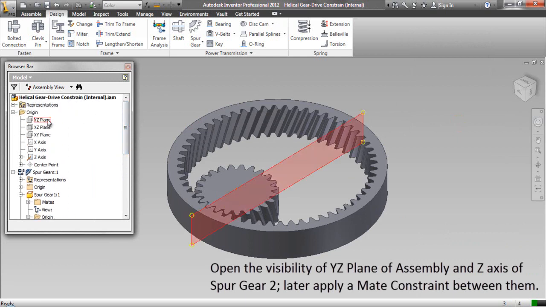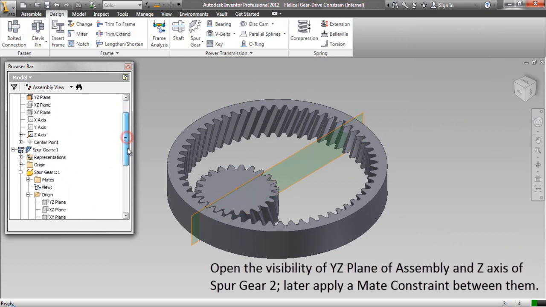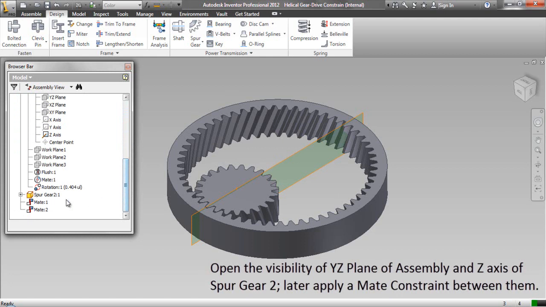Open the visibility of YZ plane of assembly and Z-axis of spur gear 2. Later, apply a mate constraint between them.